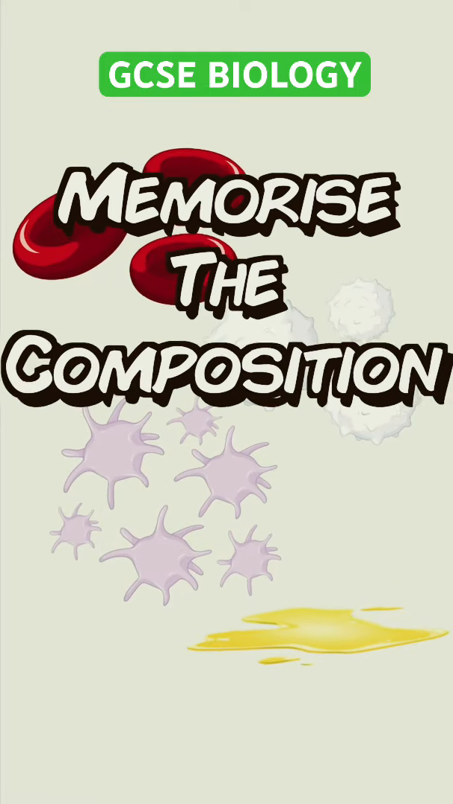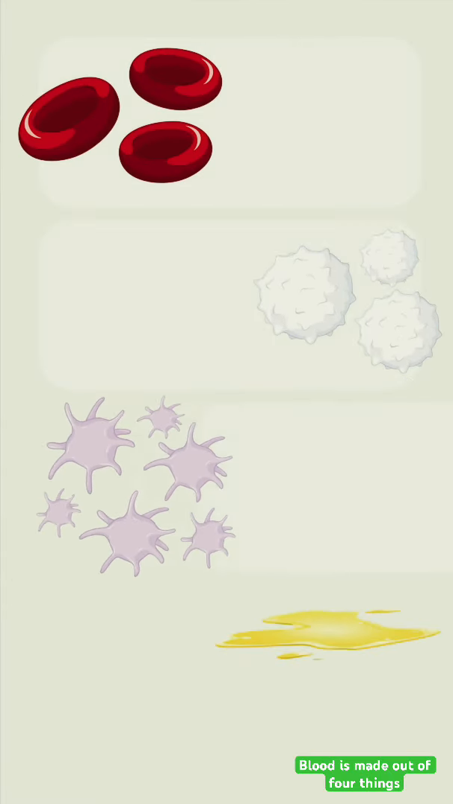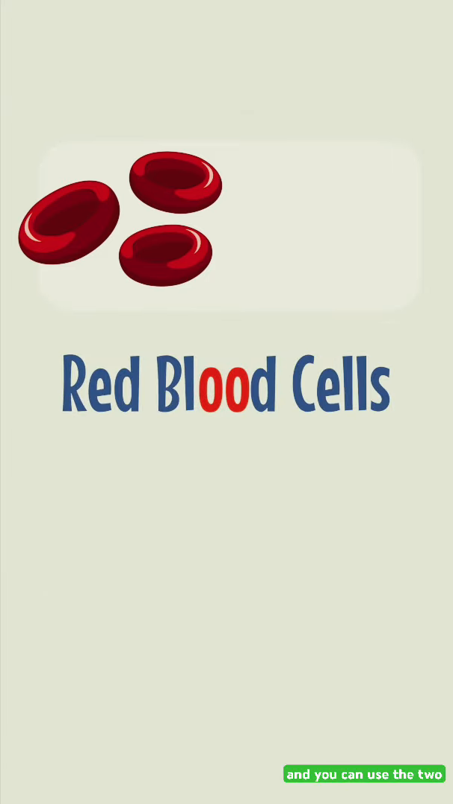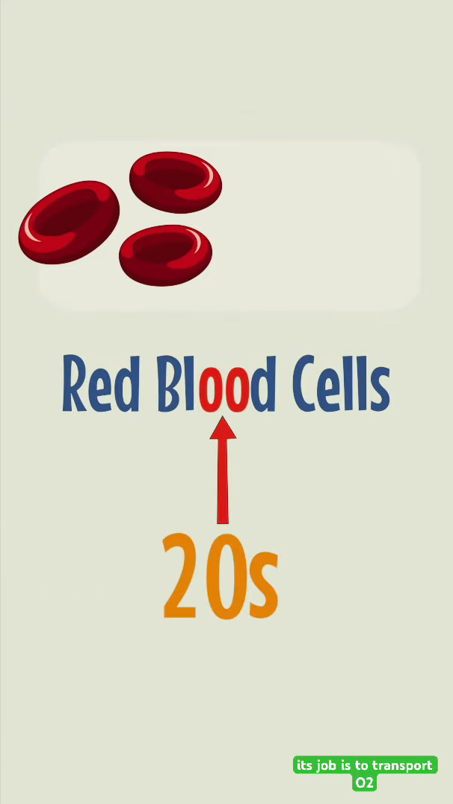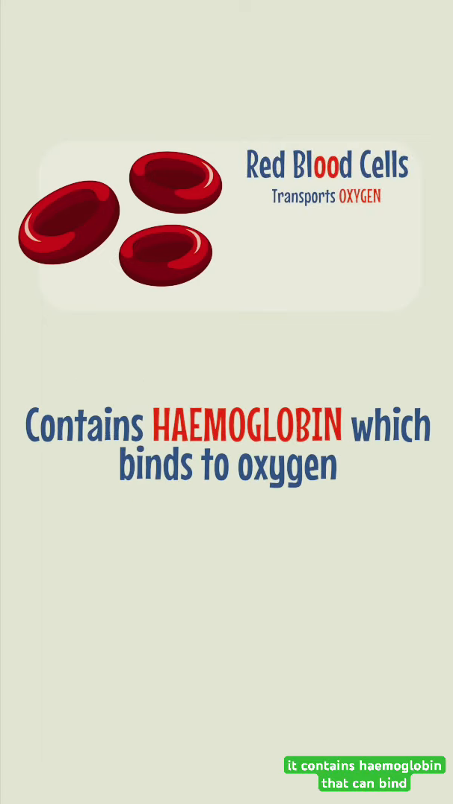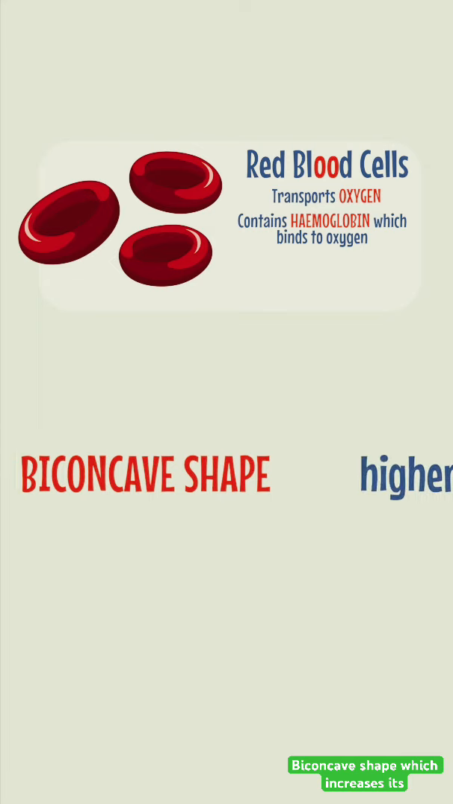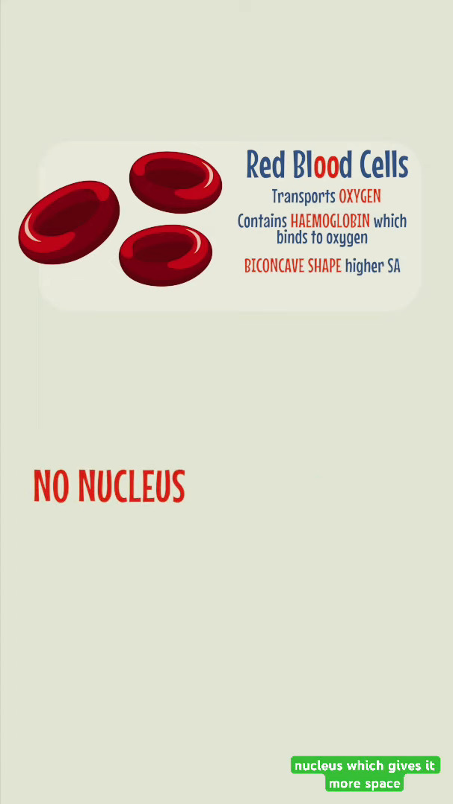Here's how to memorize the composition of blood in 60 seconds. Blood is made out of 4 things. The first is red blood cells, and you can use the 2 O's in it to remind you its job is to transport O2. It's adapted to do this as it contains hemoglobin that can bind to the oxygen. It has a biconcave shape which increases its surface area, and it has no nucleus which gives it more space